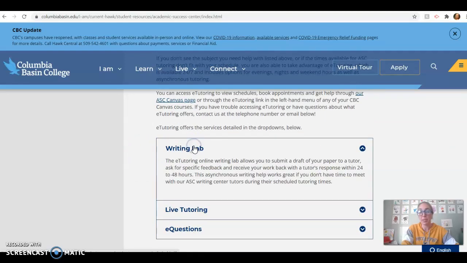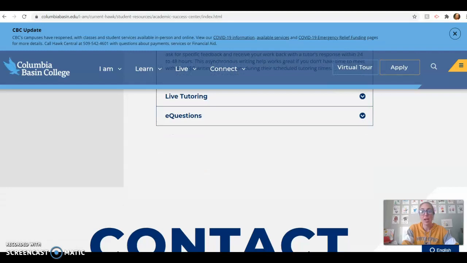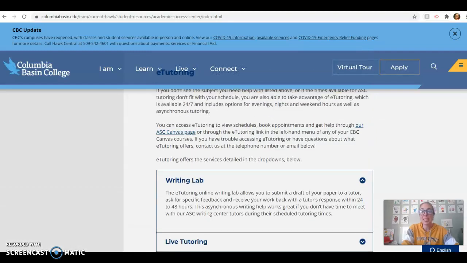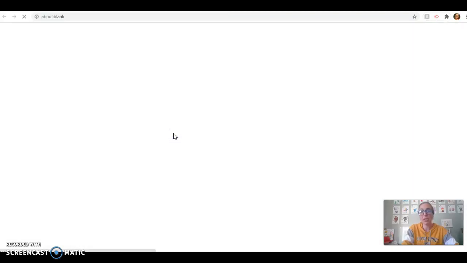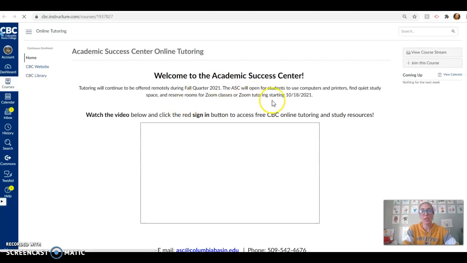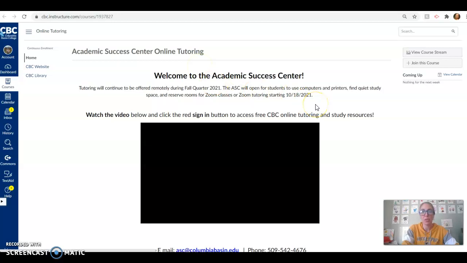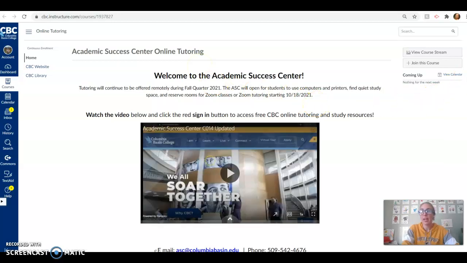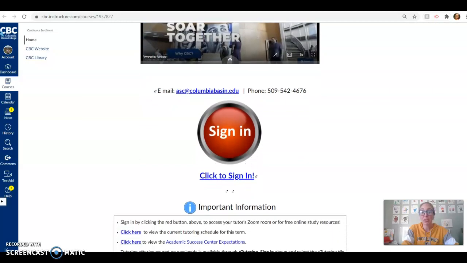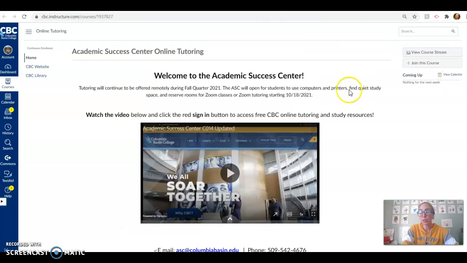Here's the Writing Lab specific information. If you want to take a look at that, there's asynchronous as well as synchronous options. So once again, please take advantage of that. A really, really excellent resource. And you access all of that through the links on their pages to their Canvas shell. If you want to do a tutor session, do make sure to email me the feedback you get, and I would love to enter those extra credit points for you.